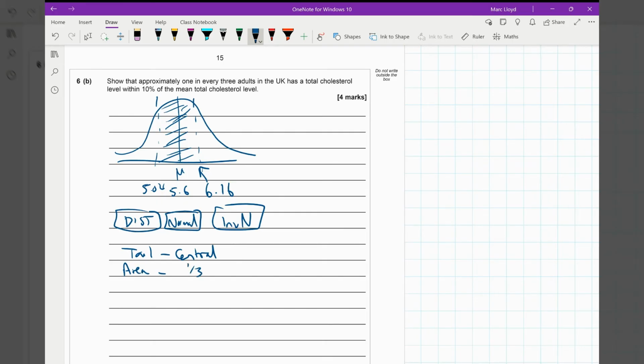That's what I did, because we know that it's a third. We're trying to prove that it's a third. And if it is a third, we're going to get the two values coming out here. So 1/3. The mean and the normal distribution have not changed. And then when I put that in there,